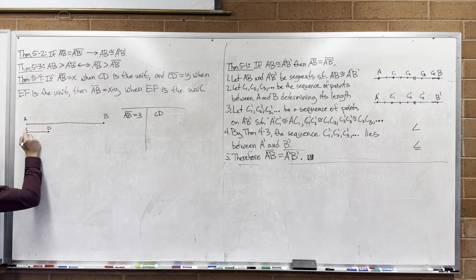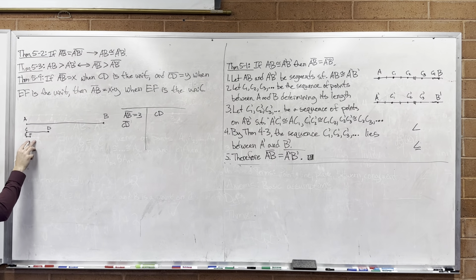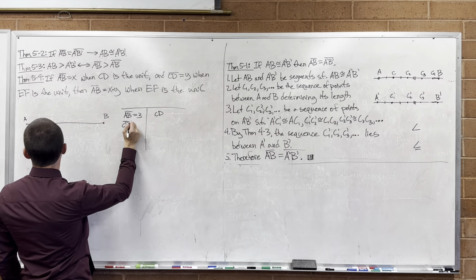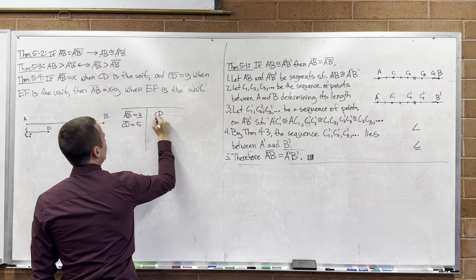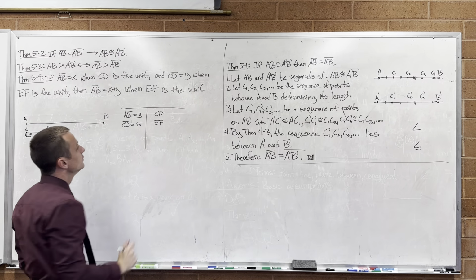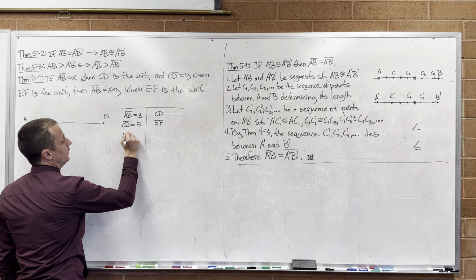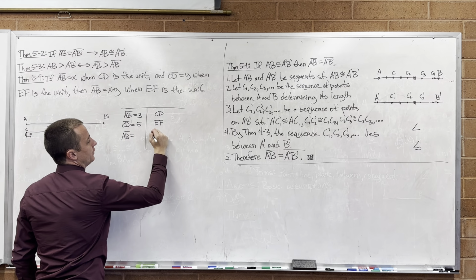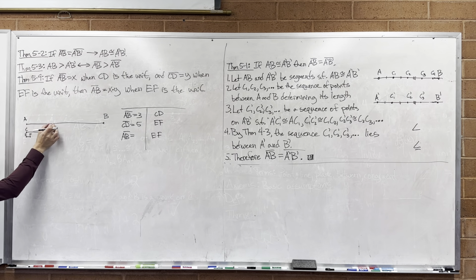However, here's EF. And let's say that the length of CD, I don't know, how many of those does it look like? Maybe 5? 4. We'll just say 5. The length of CD is equal to 5 when EF is the unit. Question. What is the length of AB when EF is the unit? If I would have measured AB with EFs,